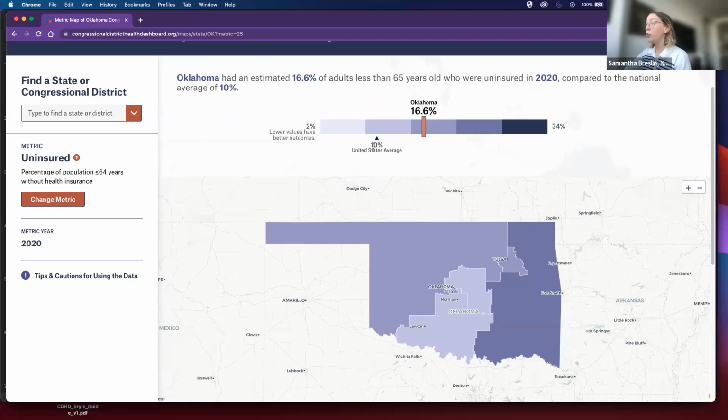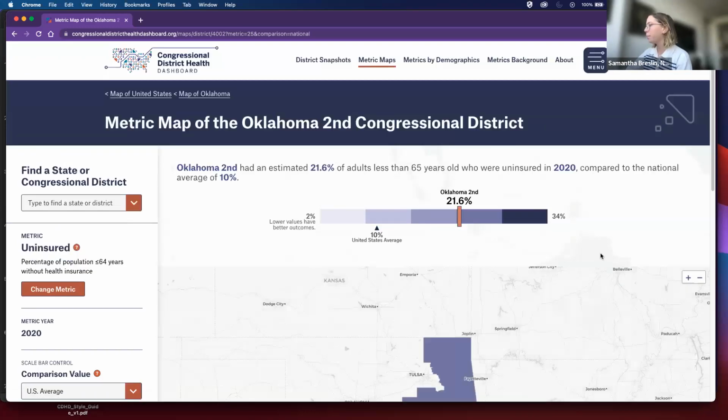That's compared to the 10% that we've measured for the US average. And you can see how the different districts within Oklahoma compare to each other. Again, we're able to click into all of these different districts, but let's click into the Oklahoma second, which seems to have the highest rate of uninsurance at 21.6%.